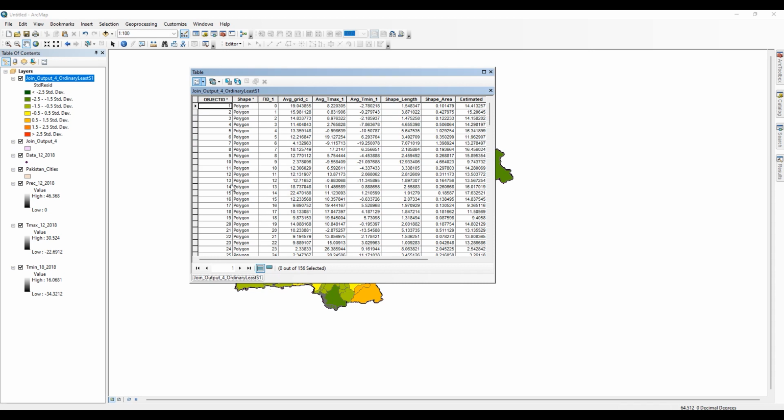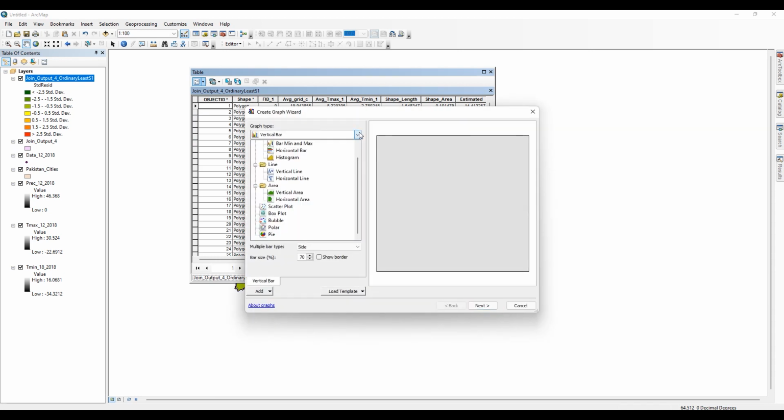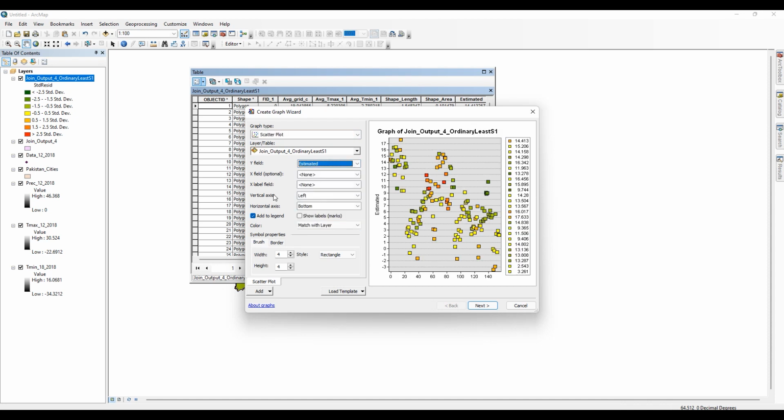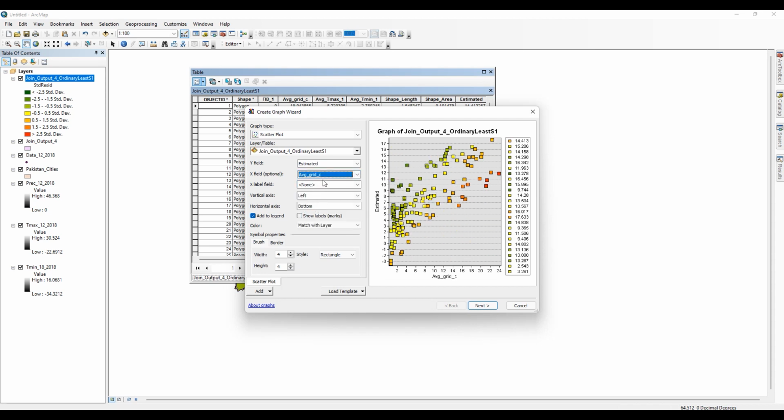Go to create graph, set the graph type as scatter plot, set the y field as estimated and x field as average grid C, because average grid C is our observed rainfall.